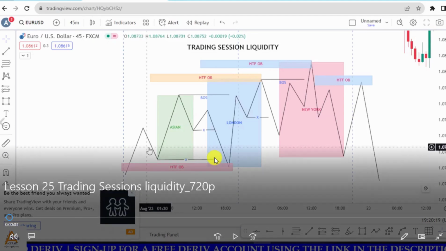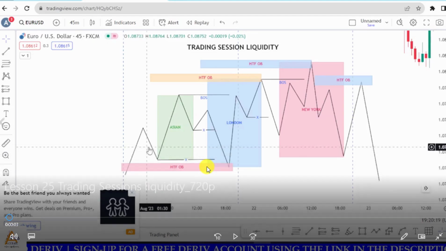So the difference that I want you to get is, when the candle body closed below the low of the previous trading session, go ahead to the higher time frame, look out for any previous point of interest which has not been mitigated, which has not been tapped into. Go and look for that particular high time frame point of interest. Then once you locate it, mark it down, then go back to the lower time frame